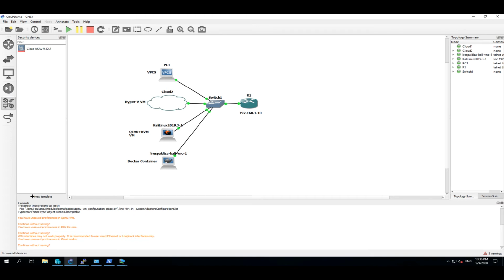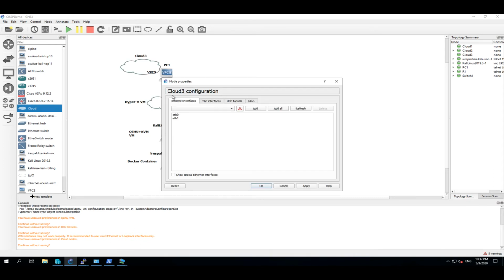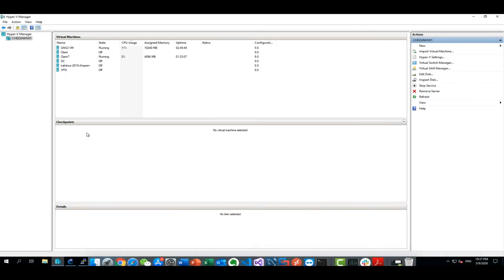Let me show you again. Once you drag the cloud, it will ask you first to choose a server, and I prefer to unify all components to the VM. You can right click it. It will give you two choices, but this is not so good. You need to match it. Actually, these two networks come from this,